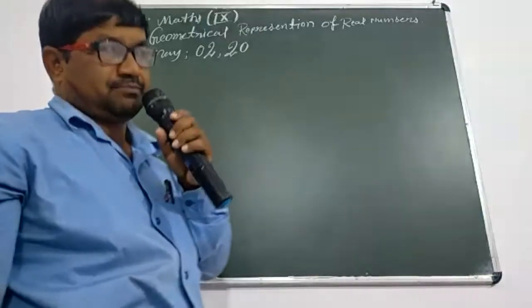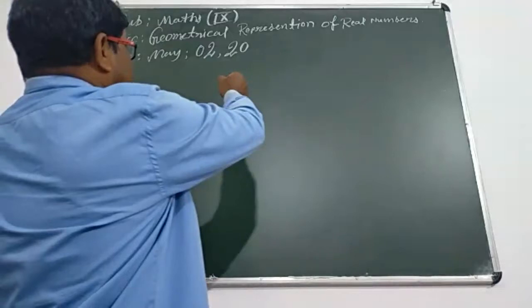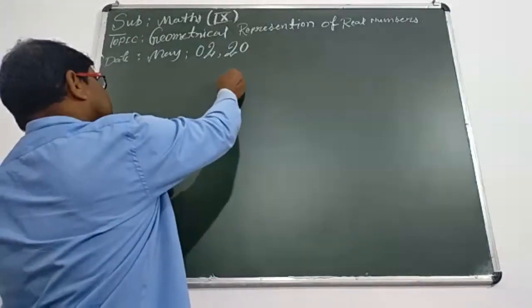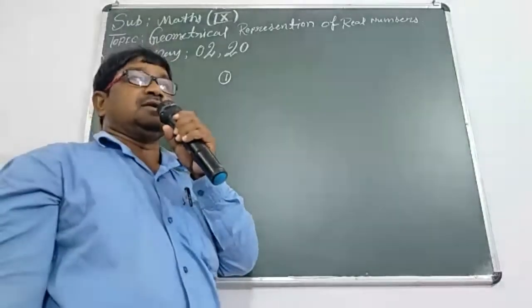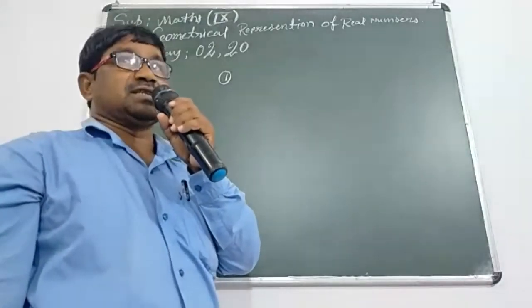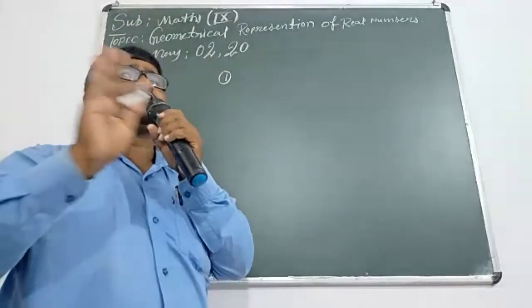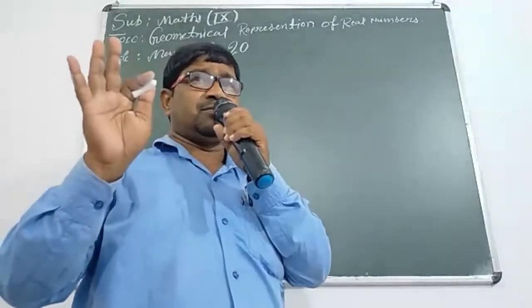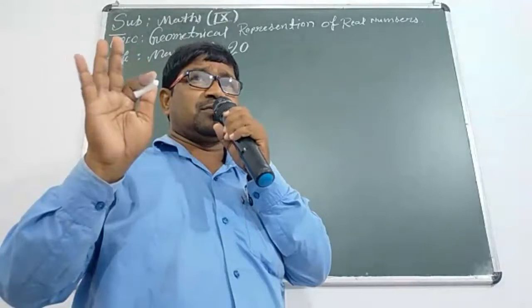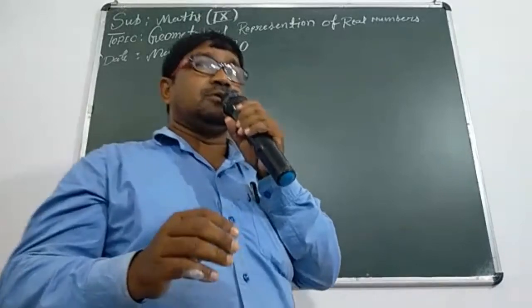Then students, come on. First, if you want to find two or three irrationals between two rationals, putting rationals between two rationals we have discussed so far, no problem at all. But finding irrationals between two rationals, shortly we want to discuss.